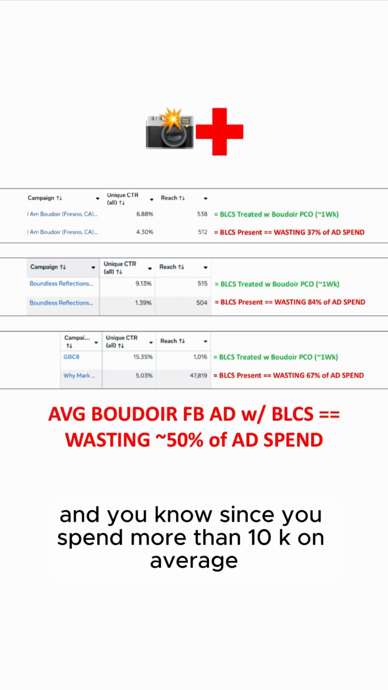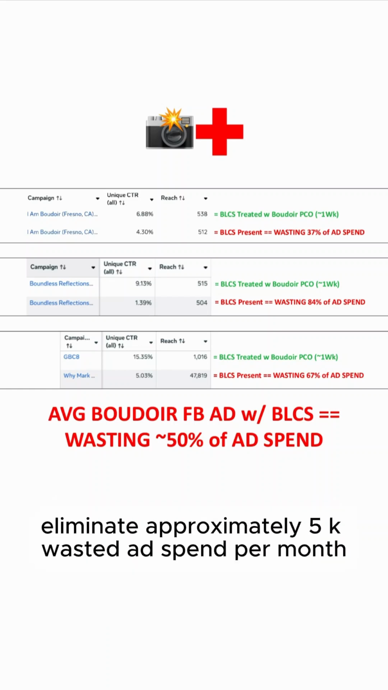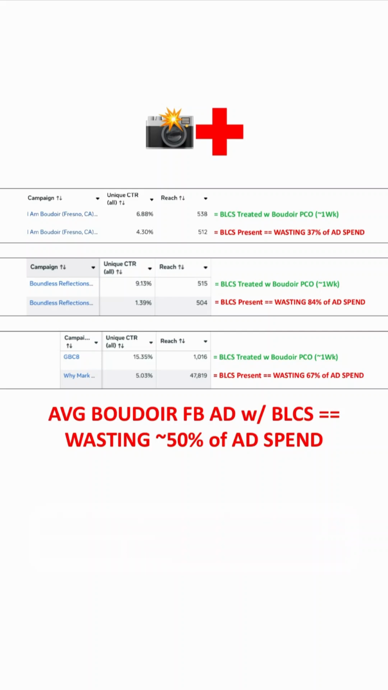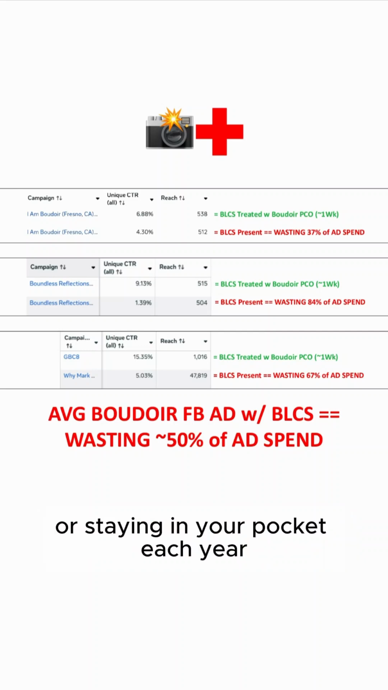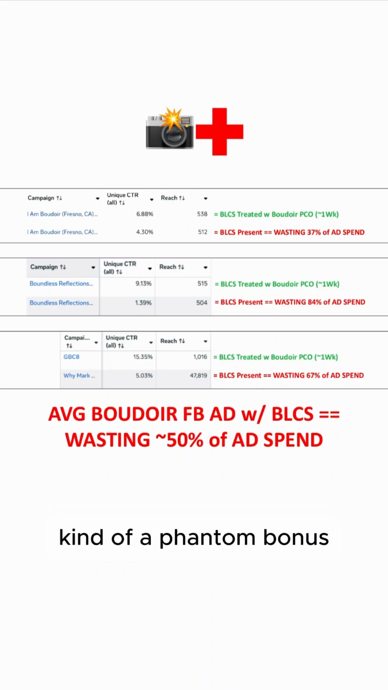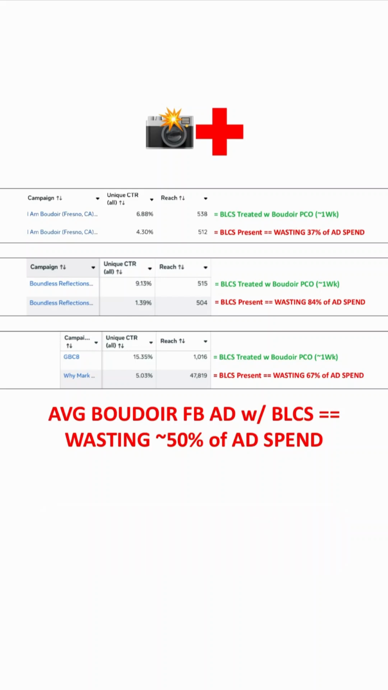And since you spend more than 10K on average, we can probably save you, eliminate approximately 5K wasted ad spend per month. So that'd be approximately like 60K back in or staying in your pocket each year, kind of a phantom bonus. And you want to do this so you can be on your way to becoming the number one Boudoir photographer in your city. Then shoot me a DM when